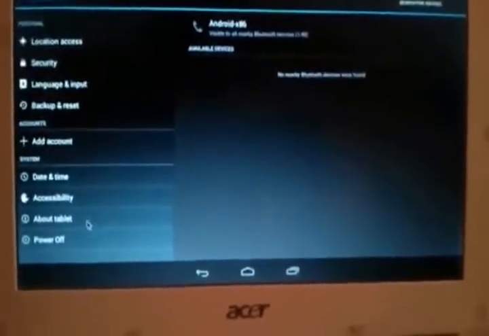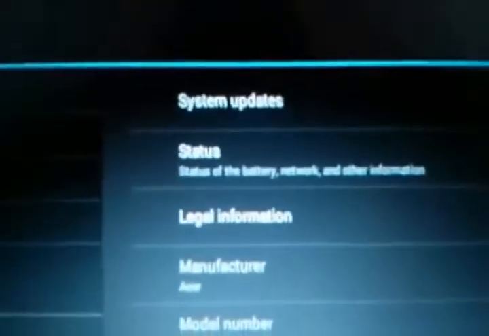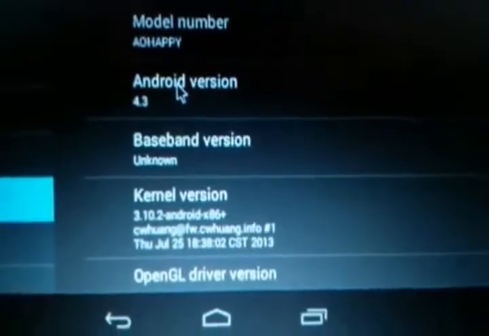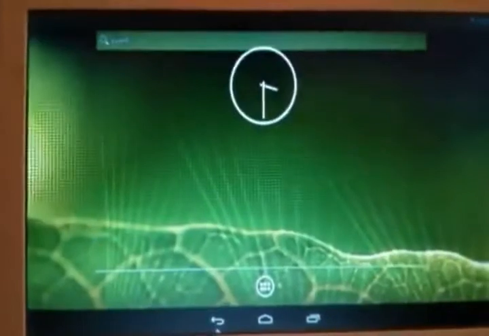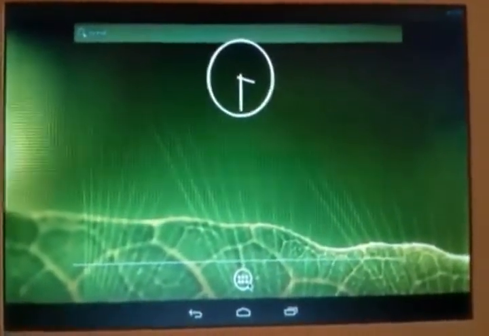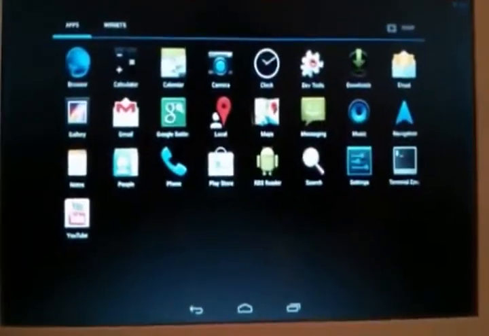You can see here manufacturer Acer, model number AO Happy, and Android version 4.3. So we have converted our laptop into an Android tablet. You can use all the apps, Google apps.